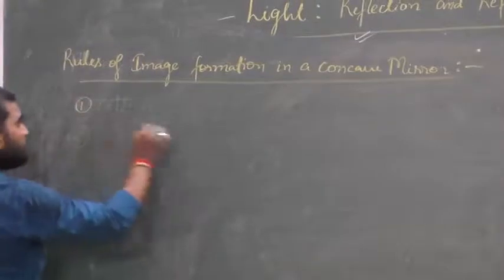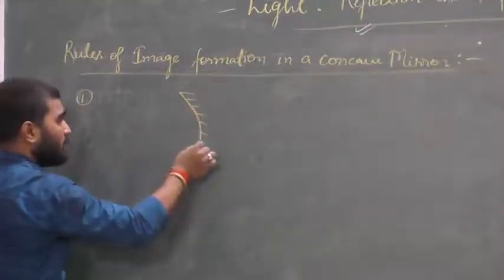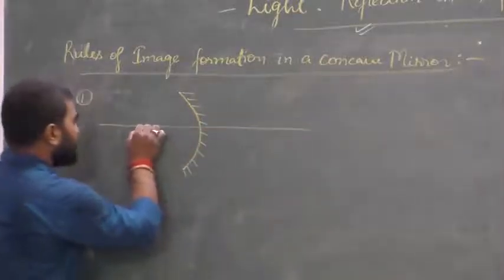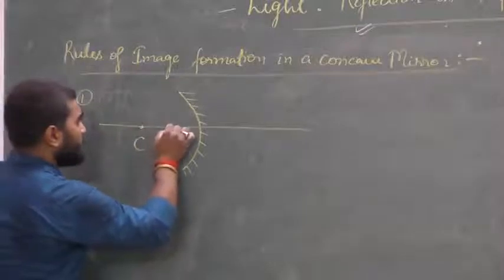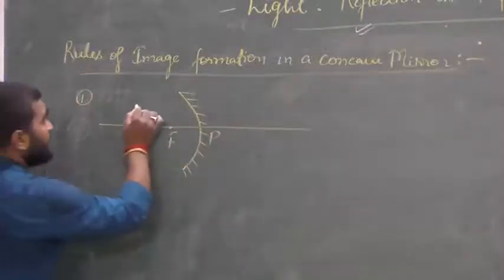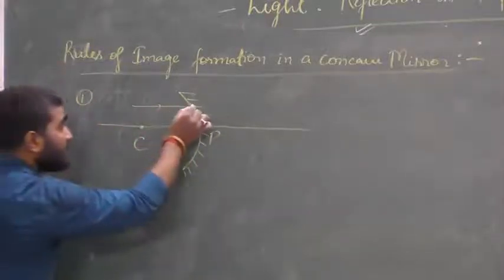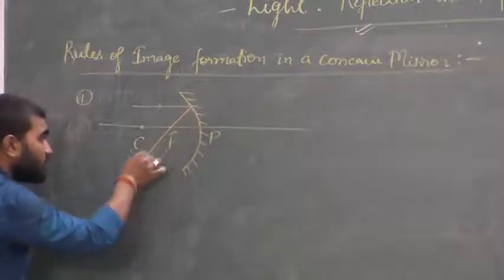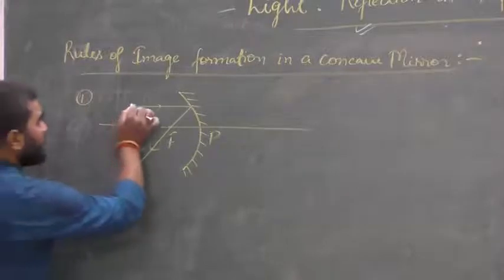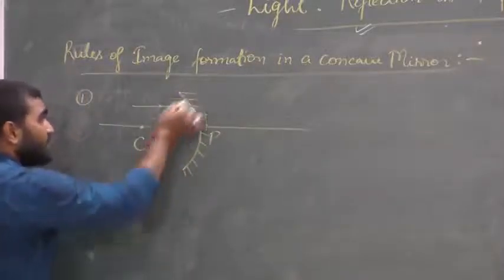First rule: when the ray of light falls parallel to the principal axis on the reflecting surface of a concave mirror. Okay, let us suppose this is a concave mirror. When the parallel beam of light falls on it, parallel to the principal axis, then it will reflect through its focus. This is the first rule. When a parallel beam of light falls on a concave mirror, it will get reflected from the